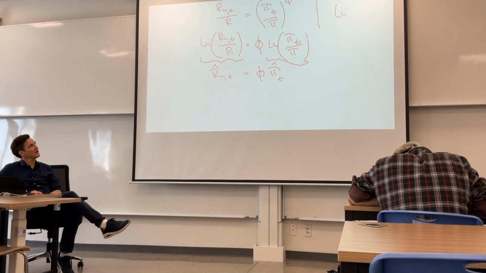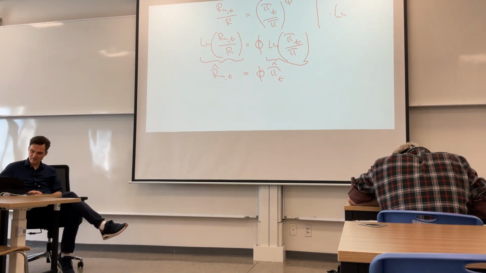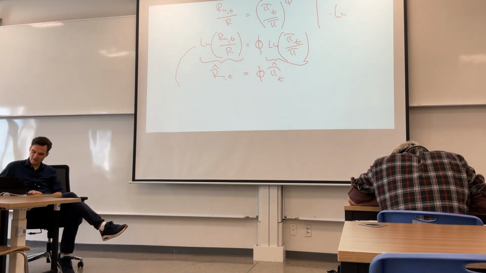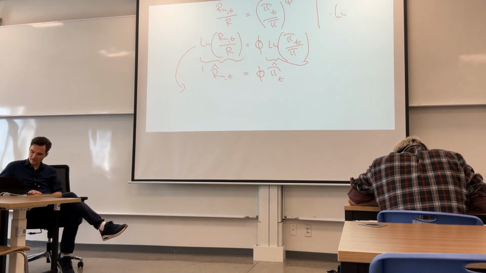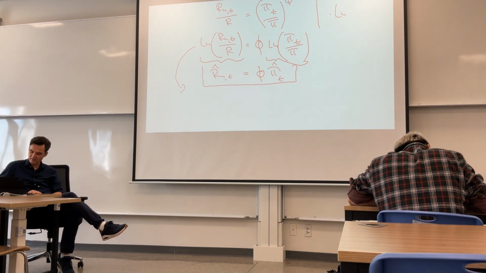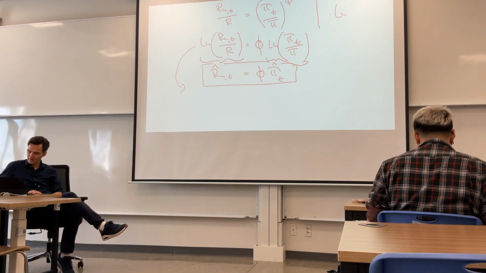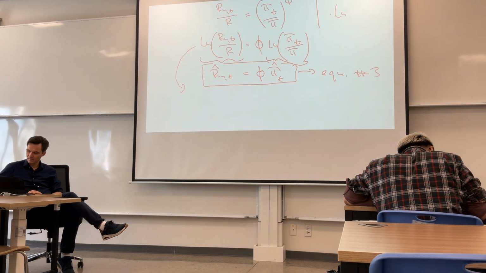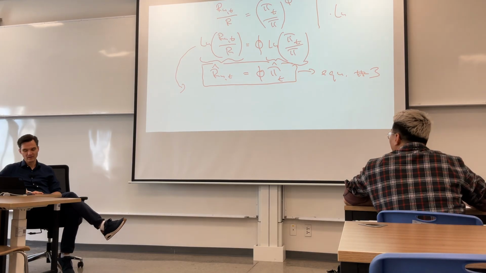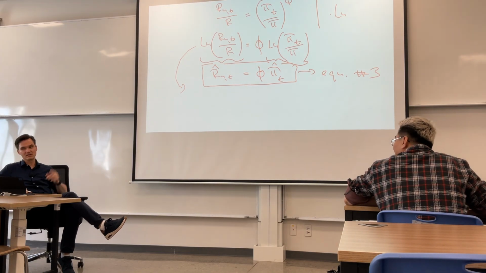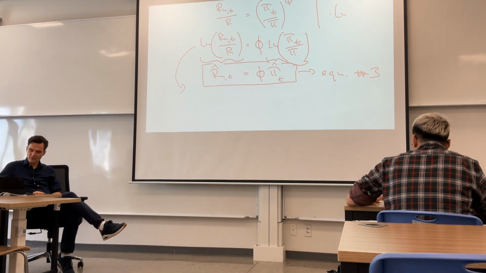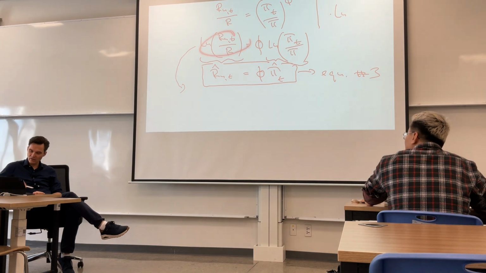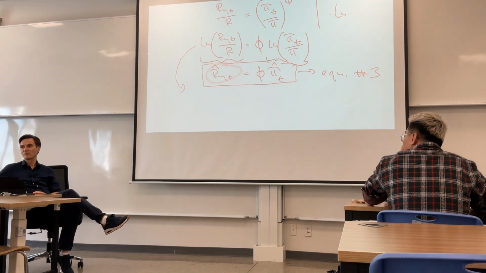By the way, the resulting equation is equation number 3. Very straightforward. In case you're wondering why there is this tight connection between the log ratio and the percent deviations,